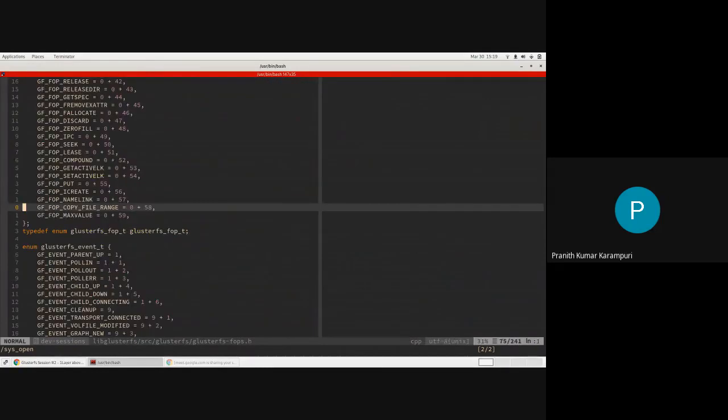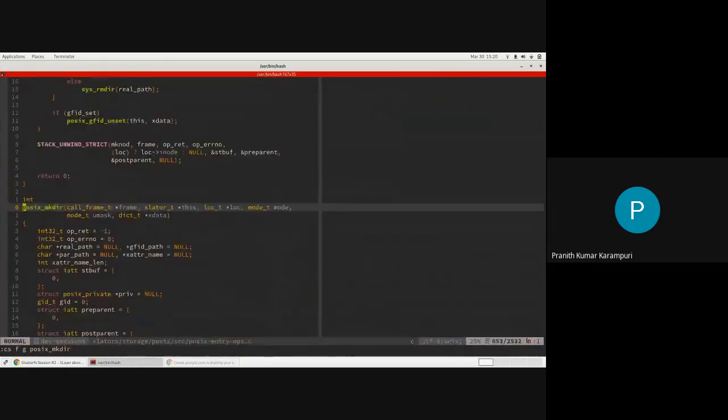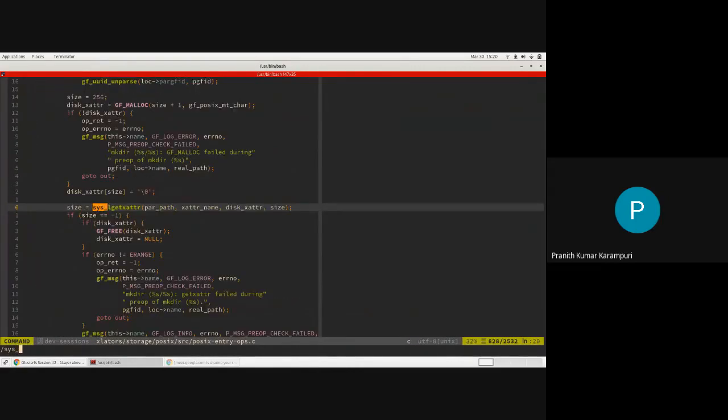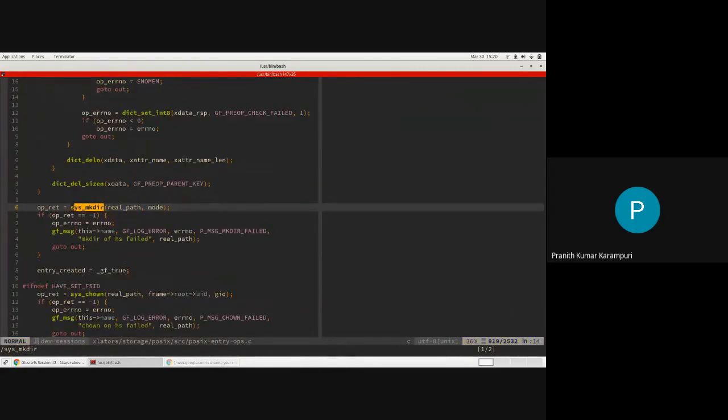So all right, this is something that I wanted to show, that you can open the file in both ways. Based on whether you are using this parent inode / name versus GFID, you will see different types of operations on the actual file system. Okay, so let's go back to our POSIX mkdir. Given any input that we have here, essentially it will go to its actual system call on the disk.